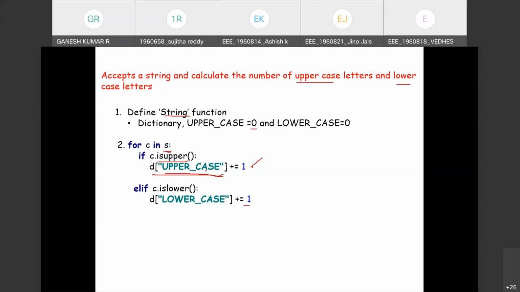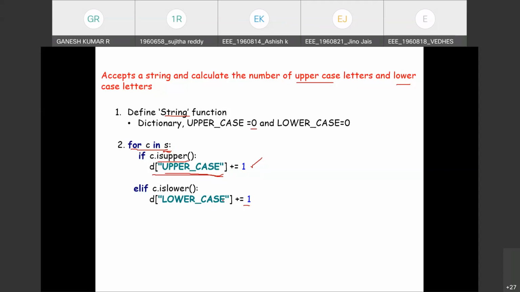Whenever there is an occurrence of uppercase or lowercase characters, it is incremented by 1 by scanning from the first character to the last character. So this statement traverses the characters in the string one after the other. While traveling from the first character to the last character, if the character happens to be upper, it is incremented. Else if lower, it is incremented.